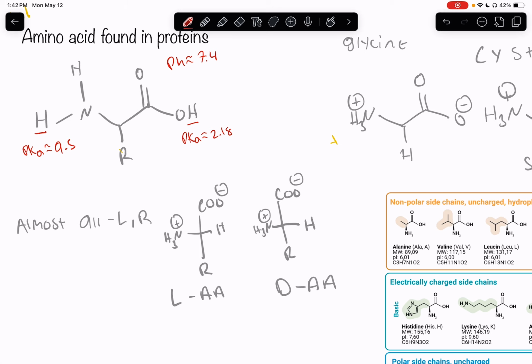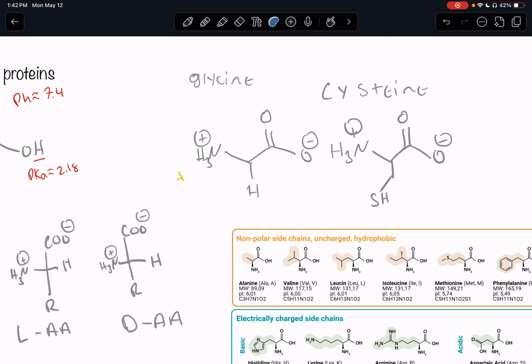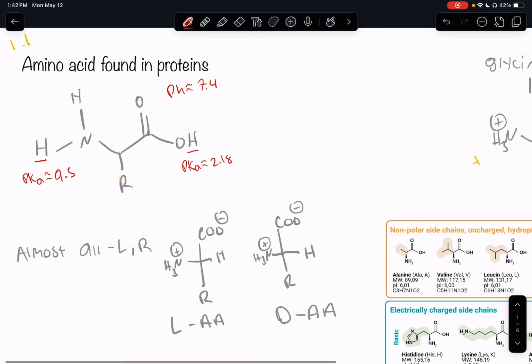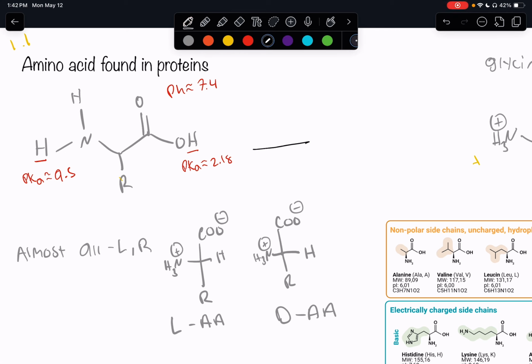Okay, so pretty much what this means is that 99.9% of the time you are going to find your amino acid in what we call the zwitterion form. The zwitterion, I always get it wrong, but pretty much